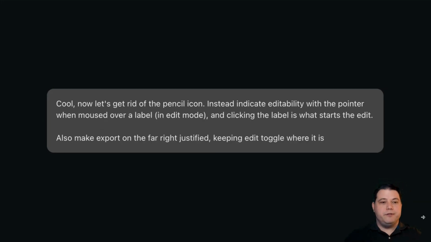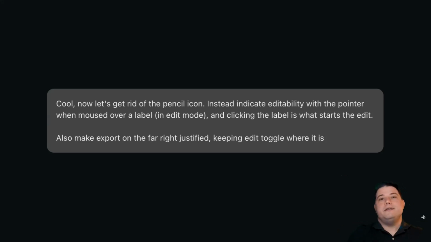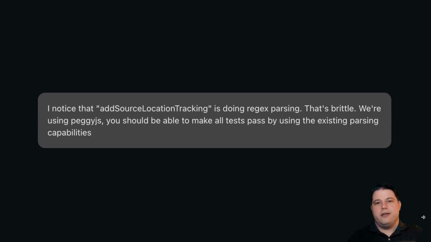All right, so the bug was fixed, and this is when I decide, let's get rid of the pencil icon. Instead, let's indicate editability with a pointer when mousing over a label in edit mode. Clicking the label is what starts the edit. And right now we have the edit and the export button right next to each other. Let's put the export on the far right. That's where I'd expect it. So it does that, and we're getting close to a ready PR,